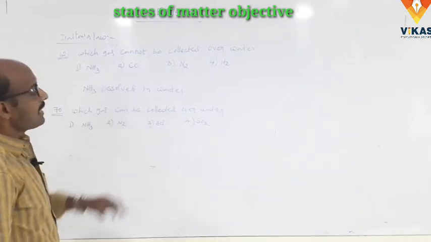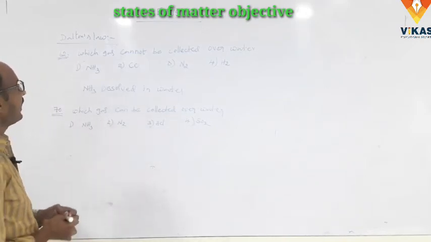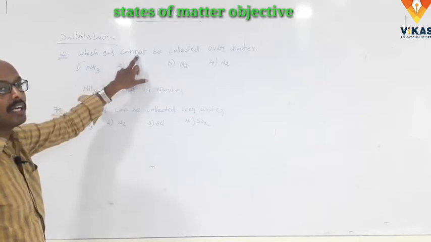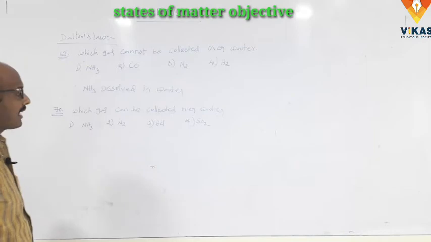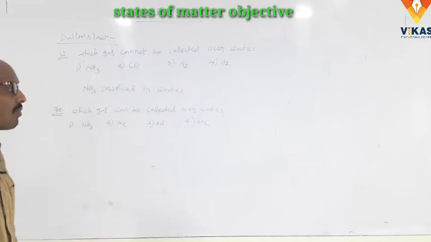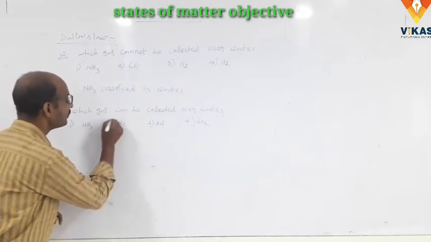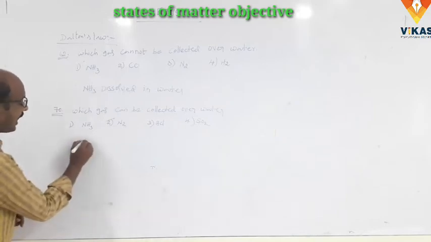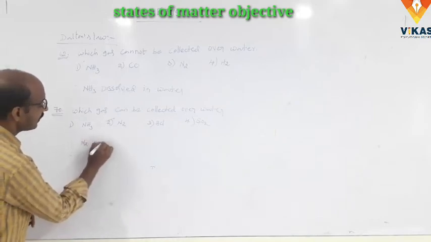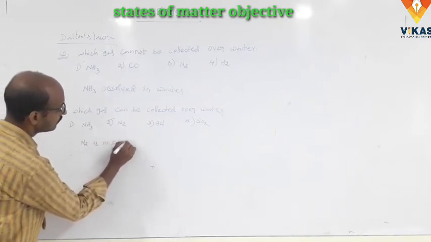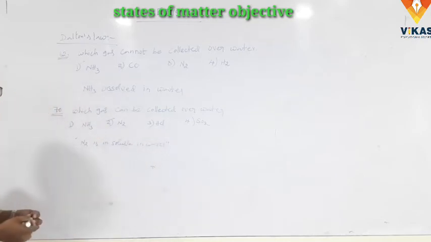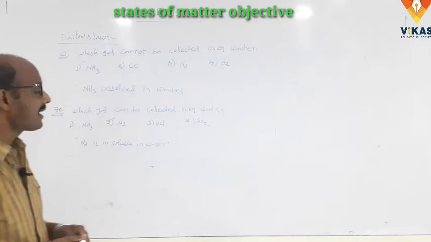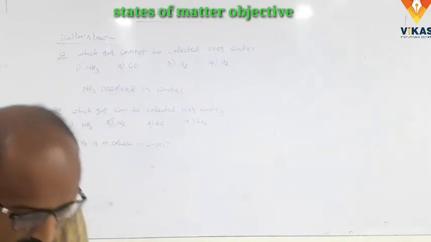Which gas can be collected over water? Here he said, which gas cannot be collected in water. Why? Ammonia is dissolved in water, so ammonia cannot be collected in water. Which gas can be collected over water, that means here N2 is insoluble in water. So N2 is the correct answer. That is, which gas can be collected over water, nitrogen. Clear? And next one,